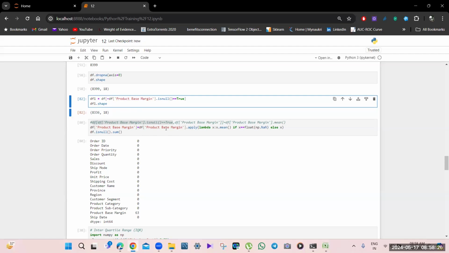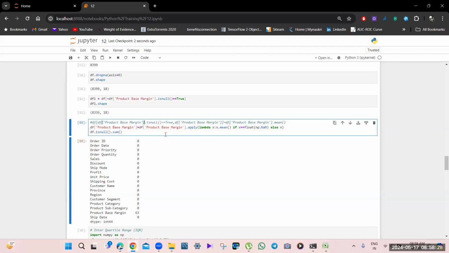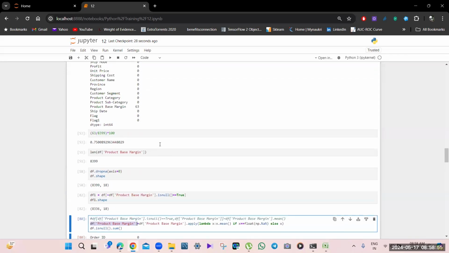So that is how you can drop it. Now the dropping part is done, but the imputation part is something that I have to check. I have not been able to do it. But this is very much essential, because in a real-world practical scenario, you will have a lot of data columns which will be blank, with missing values and all of that. So first thing is you have to do something like